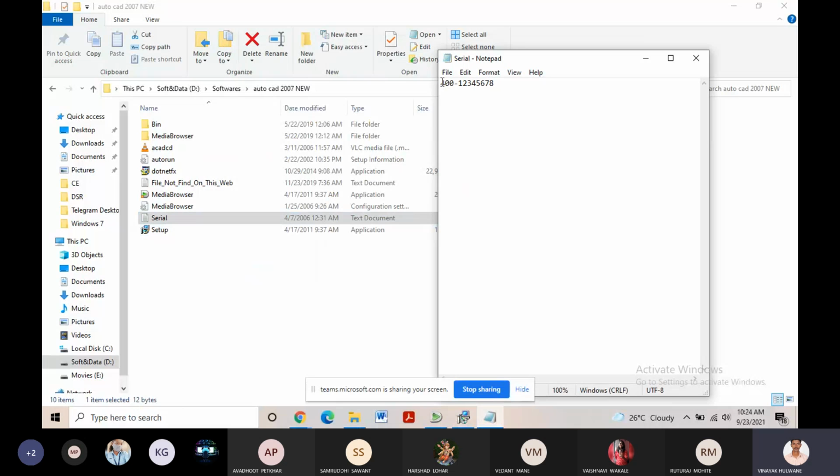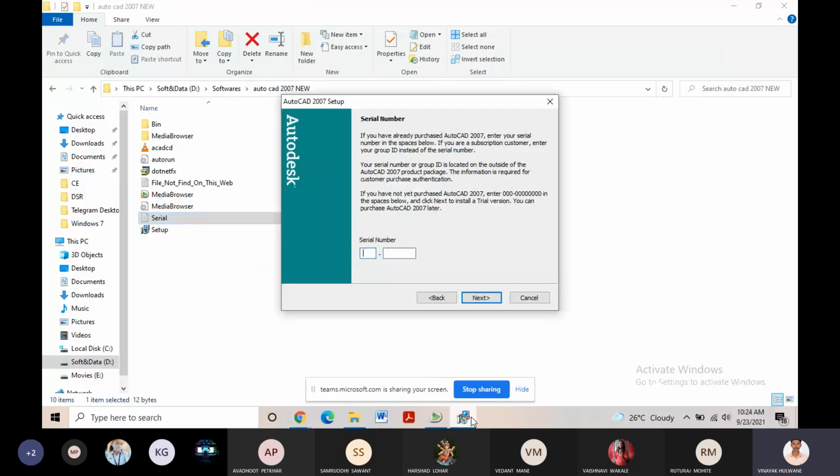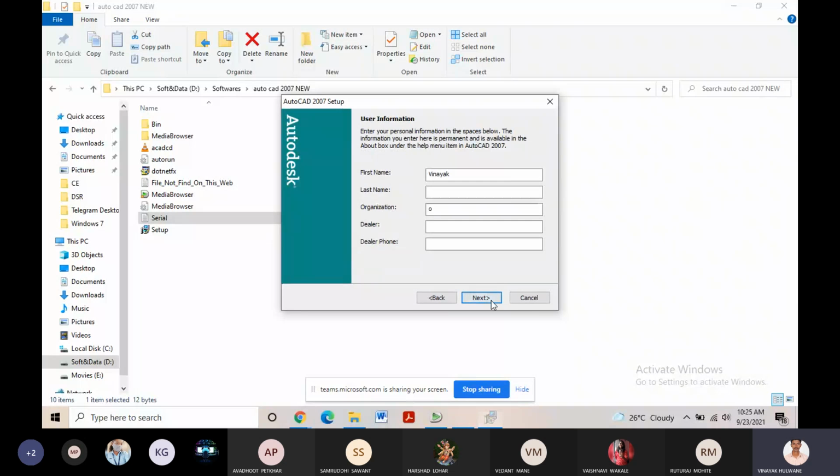Here is the product key, 400 1234578. After entering the serial number, just click the next button.